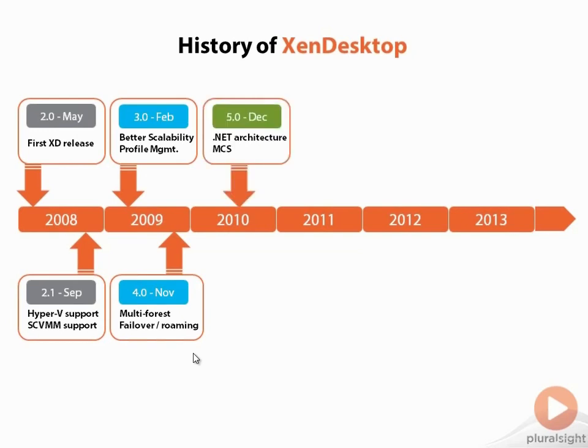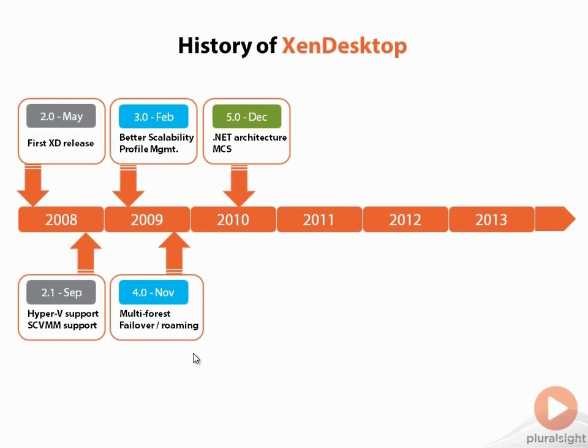But it wasn't until version 5.0 that XenDesktop really started to come together. The architecture changed to a .NET architecture. You now had the machine creation services. So you had the option of either using machine creation services or provisioning services, but machine creation services was a little easier to provision. So that was out in December of 2010,